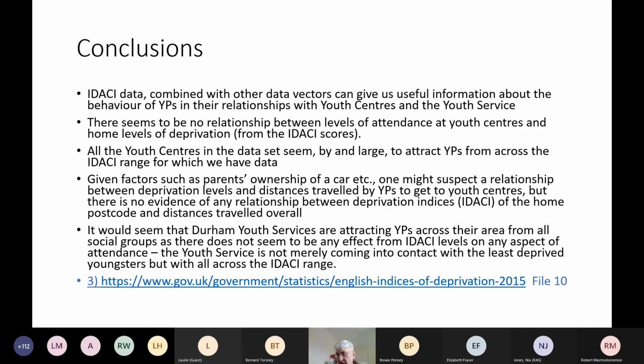Just to finish, I might be preempting a question here. This data was for 1 year. I have arranged, with the blessing of the RSS and also with Sarah Robinson, who runs the data, the Durham Youth Services, that obviously with 1 year's worth of data, I couldn't do any through time analysis. So what's going to happen in the future is each year I'm going to get another set of data corresponding, and hopefully we'll be able to build up some time series or other time-wise analyses.